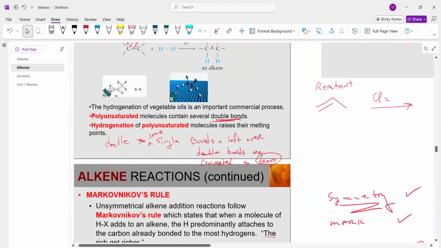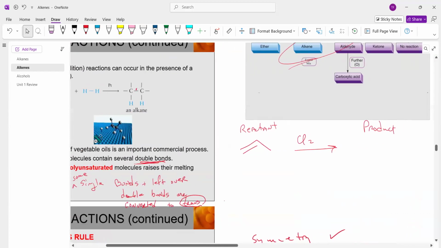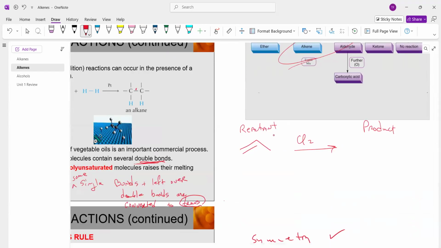Let's see, we're down here. Now, whenever we think of homogeneous additions, I want you to think, instead of Cl2, we're going to write it as Cl-Cl, like that. Same thing. This will make more sense. And what happens then is the chlorines will add across here. So we're going to end up with